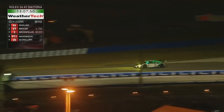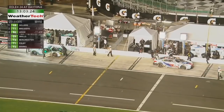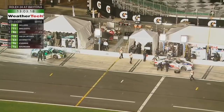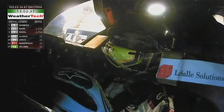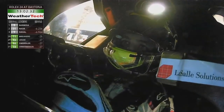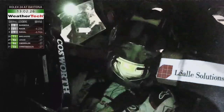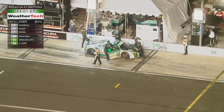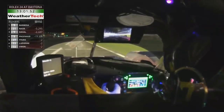The '29 Land Audi, just good fun. Into the pit box for 2 GT cars, one being the Land Motorsport car, and that looks like a longer stop with the door open. We'll have a look at that and see what those guys are doing. Actually, you know what? I can get that with the binos. They're in the door on the right-hand side. Oh, hang on a second, Lando Norris is about to rejoin. There's the Monoplast by Land car. So working in the right-hand side, that tends to be where the electrical units are. As out onto the pit lane comes the